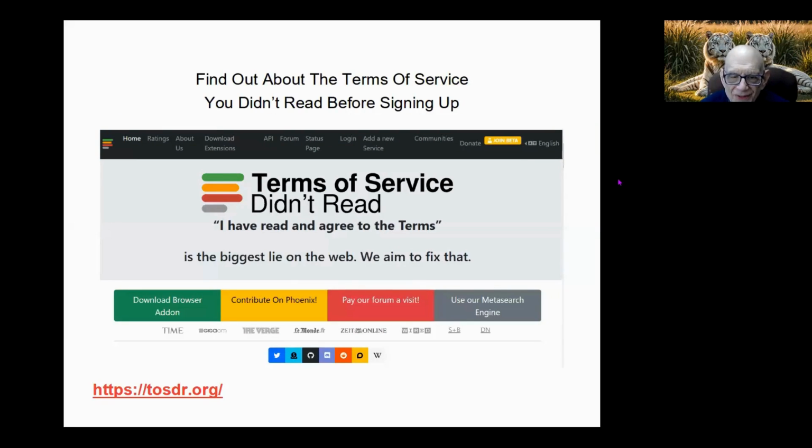I know Tony mentioned this earlier at a different program that we were on. I don't know if Tony is still with us, but if we all sign into accounts, we all register for accounts, and we never read the terms of service because they're much too long. So if you really want to know what you signed up for, go to this site and you'll find out what the terms of service are that you have given them the ability to use all your data that they're gathering on you.